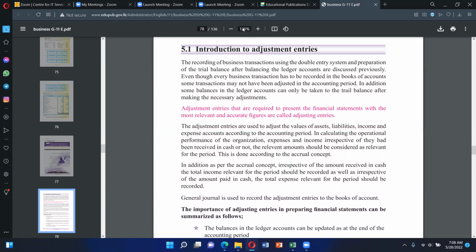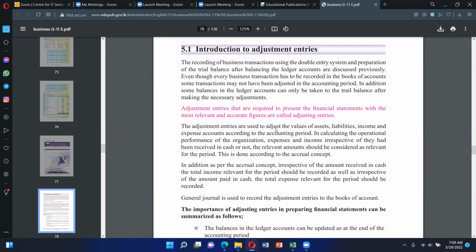Adjustment entries that are required to present the financial statements with the most relevant and accurate figures are called adjusting entries. The adjustment entries are used to adjust the values of assets, liabilities, income, and expense accounts according to the accounting period. In calculating the operational performance of the organization, expenses and income, irrespective of whether they had been received in cash or not, the relevant amount should be considered as relevant for the period. This is done according to the